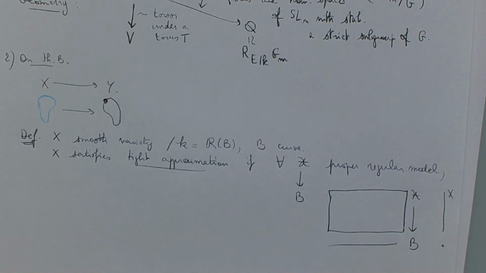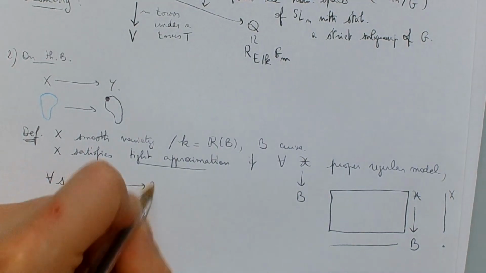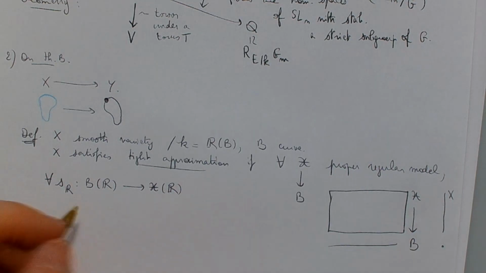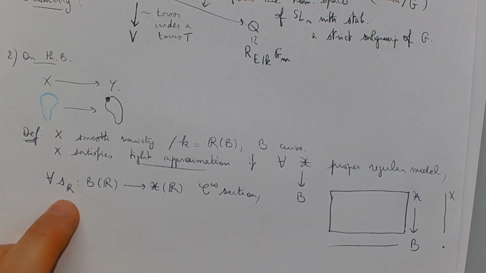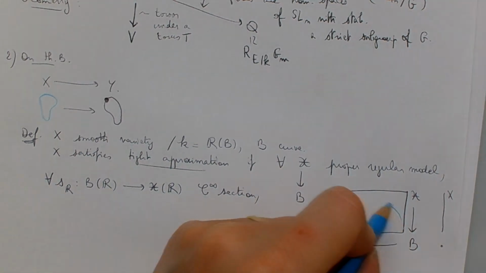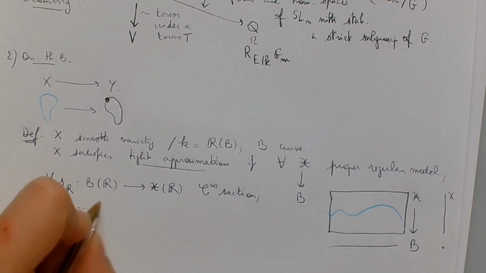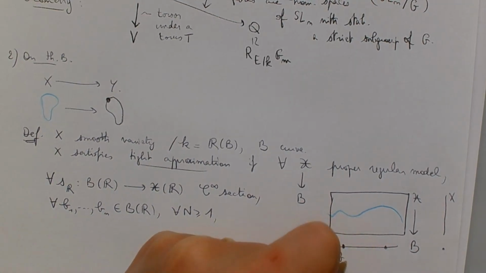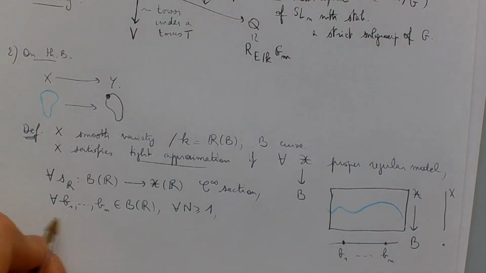So whenever you have this and a continuous section, let me call it S sub R, from the real points of B to the real points of script X. Let's assume, for the statement, it's not just continuous, but say a C-infinity section. We have a C-infinity section, and in addition, we're going to fix finitely many points of B, B1, ..., Bn, in B(R), and an integer capital N. So the points are here, B1, ..., Bn. So the property is that whenever you have fixed all of this data, there exists an algebraic section,